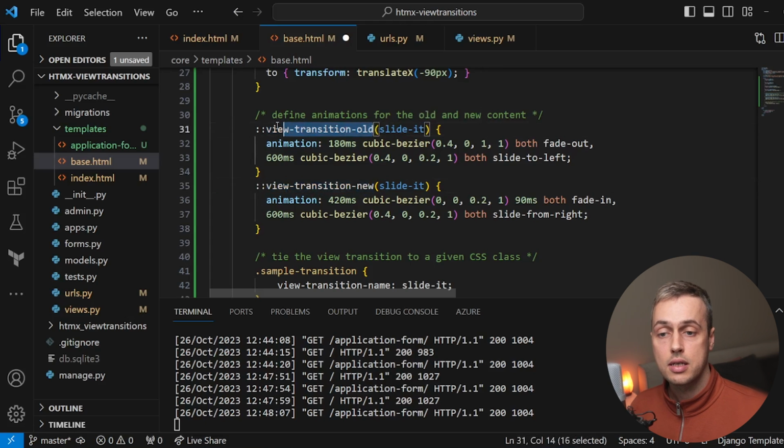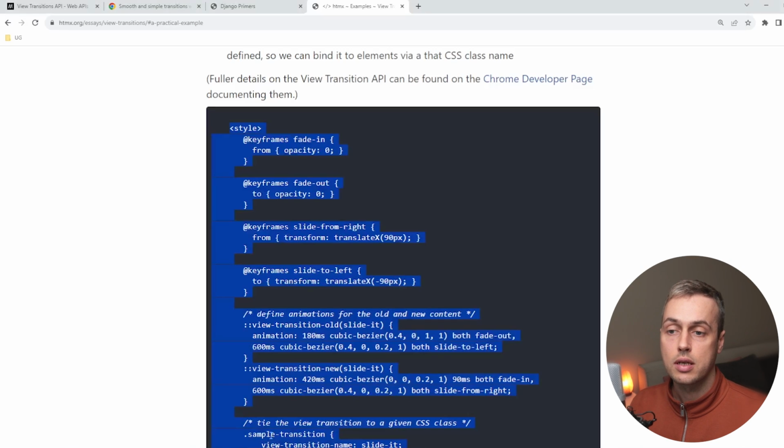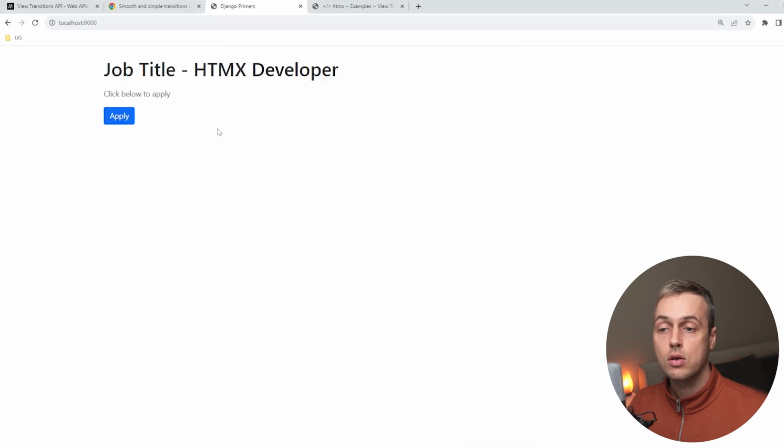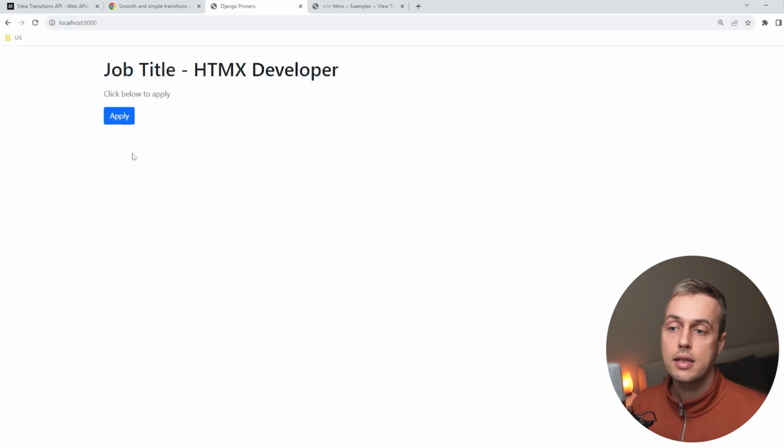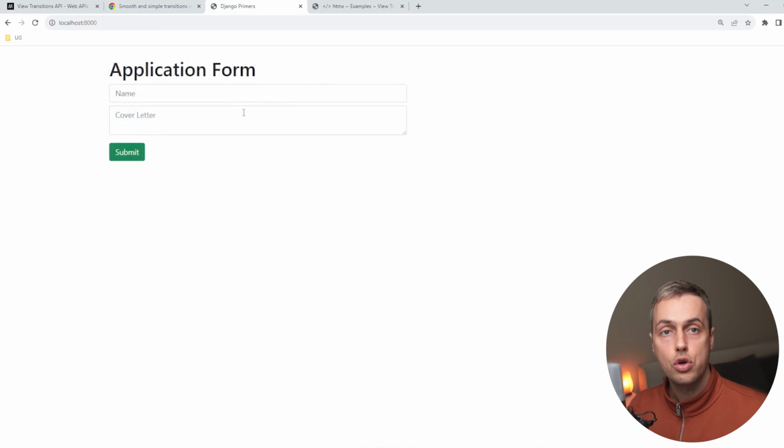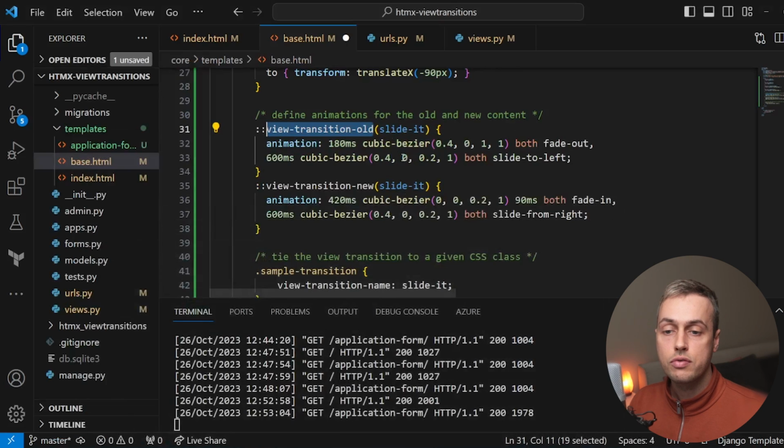And these represent essentially the screenshots of the content. So the old one is referencing what we have in this form originally, or this page originally. It's this HTMX developer page, and then the new one will be referencing the new content here. So we have two of these in the CSS block, and again these are both given a name here called slide it,